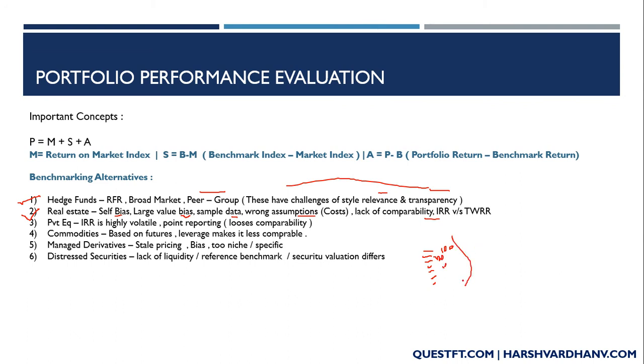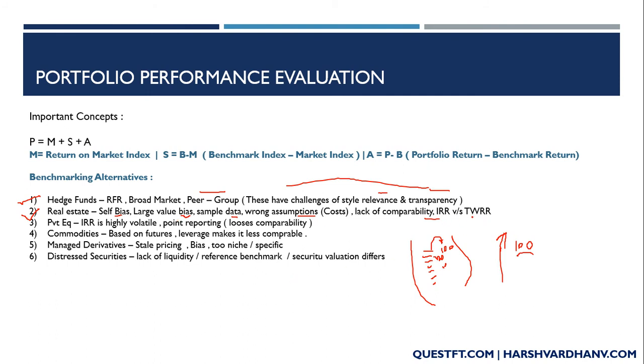Because this is based on the criteria of the size, the portfolio index will be skewed towards 100. The portfolio value will be skewed towards 100. But if you look at the portfolio, only one asset is of $100 million. All others are 20 million, $15 million. So because of this, there is a large value bias that the index gives. Also, the wrong assumptions, because generally these are lagged indices. They are not updated very regularly, so the assumptions could be wrong.